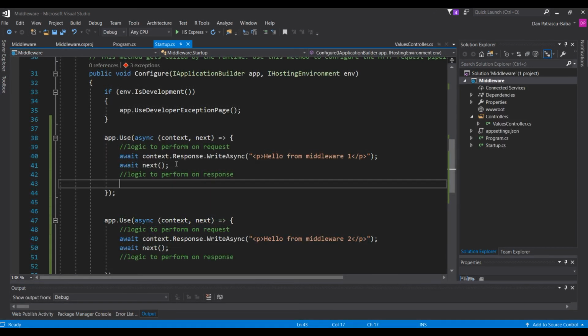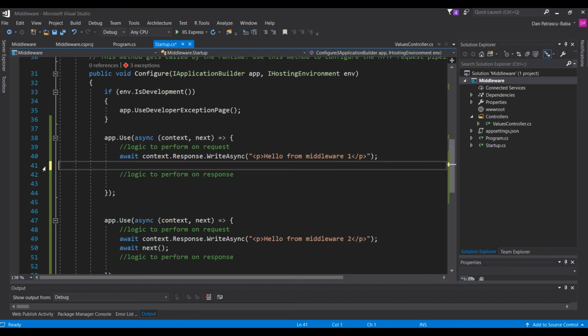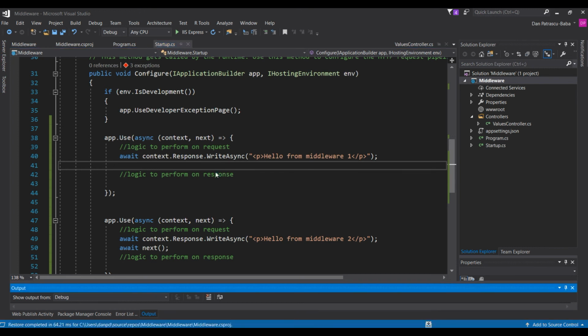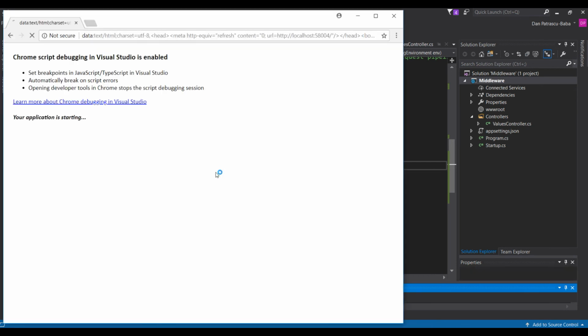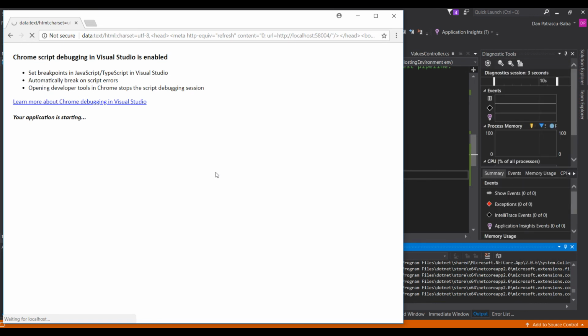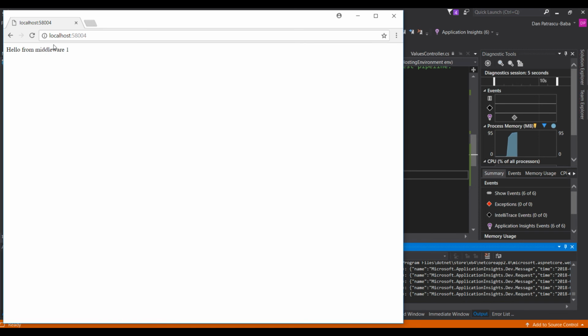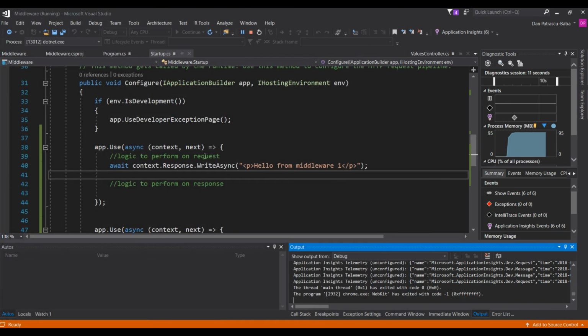But what happens if we simply delete this await next? We said that await next was basically sending the request to the next middleware in the pipeline. So let's run the application and check exactly what the behavior is. And when the application loads, we will see that the result should be a little bit different. But how different? Oh, we can see here we have only hello from middleware 1,